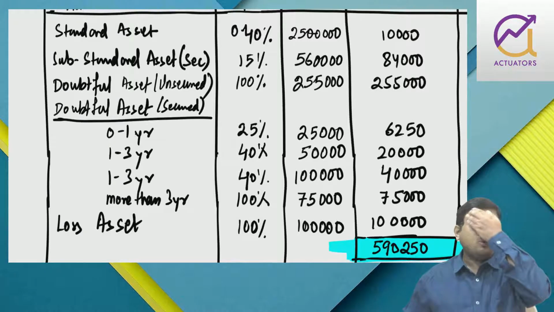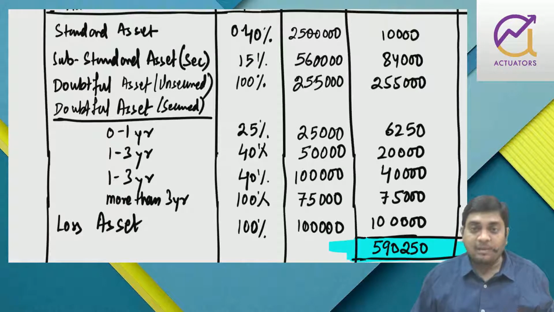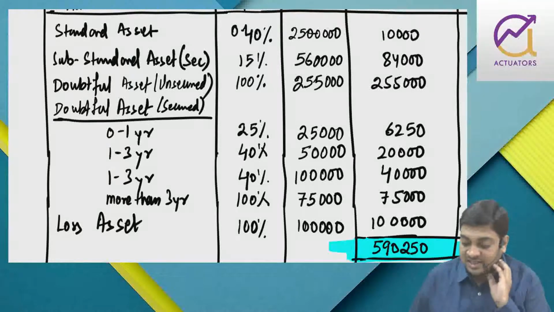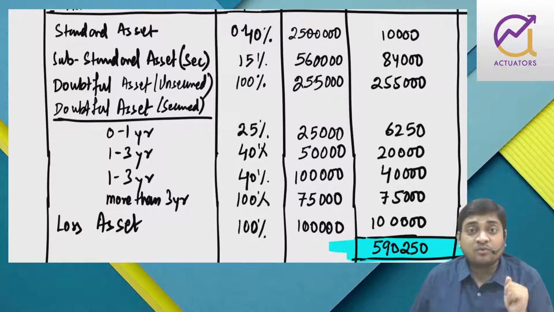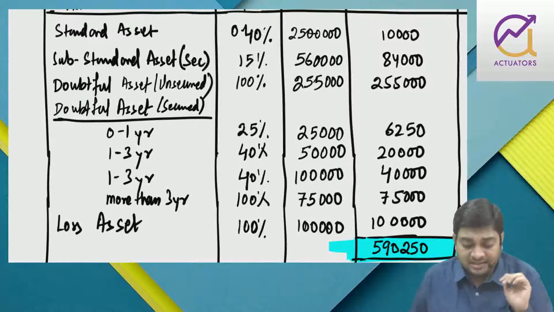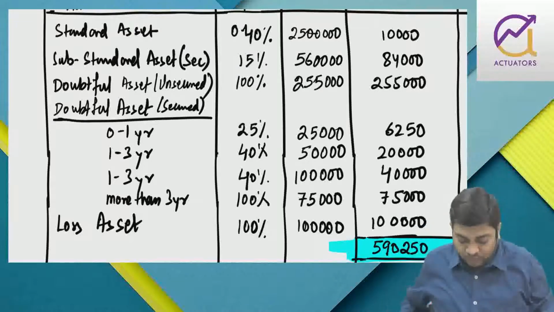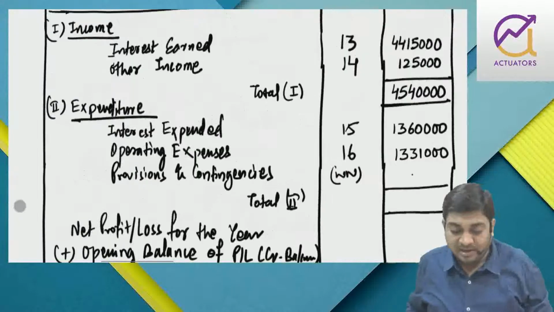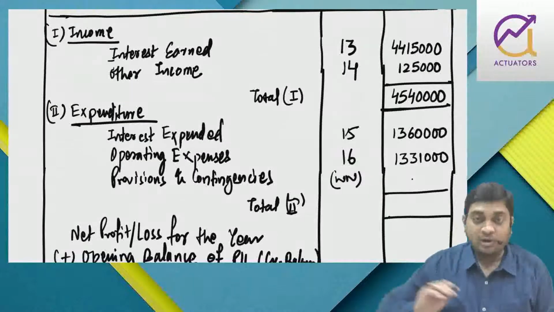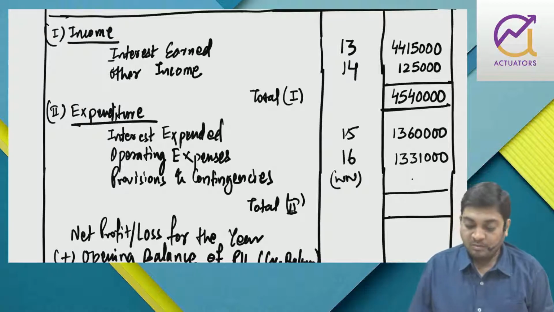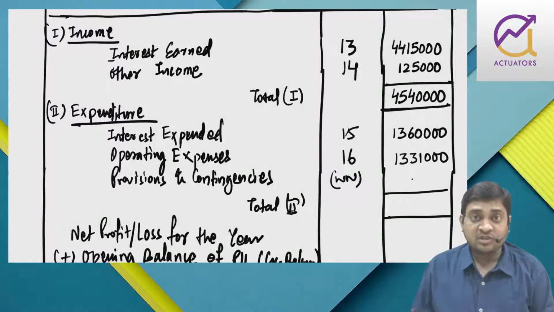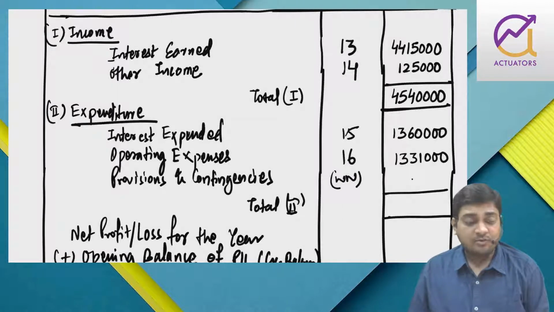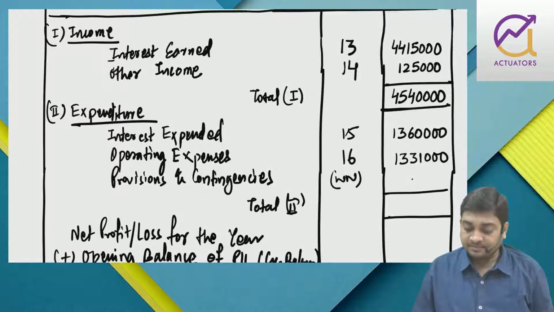Now, how to calculate provision for tax? If I apply normal basic accounting language, it will be adding all incomes. This is my provision for advances I have got. Now, if someone asks me to calculate provision for tax, I will calculate it on profit before tax. Now, how do I get my profit before tax figure? Listen, this is my P&L. So I have my total income minus interest expended minus operating minus provision on loans and advances. I'll get profit before tax. And on that profit before tax, 35% will be my tax provision.